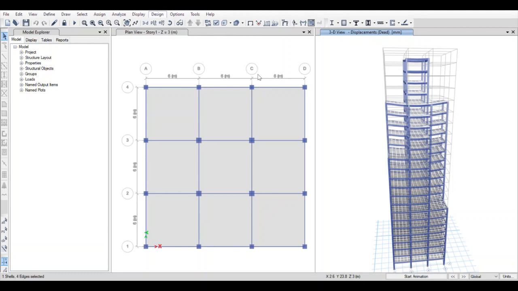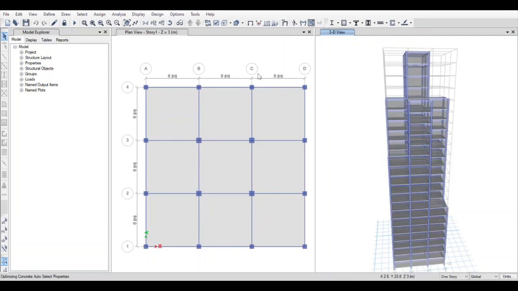Now guys, you will have to give some time to the software. It will start designing the different columns and beams out of the options which we have entered into ETABS. Now as you can see, there is a dialog box stating that 7 concrete frames are not passing the design criteria. So what do we do?